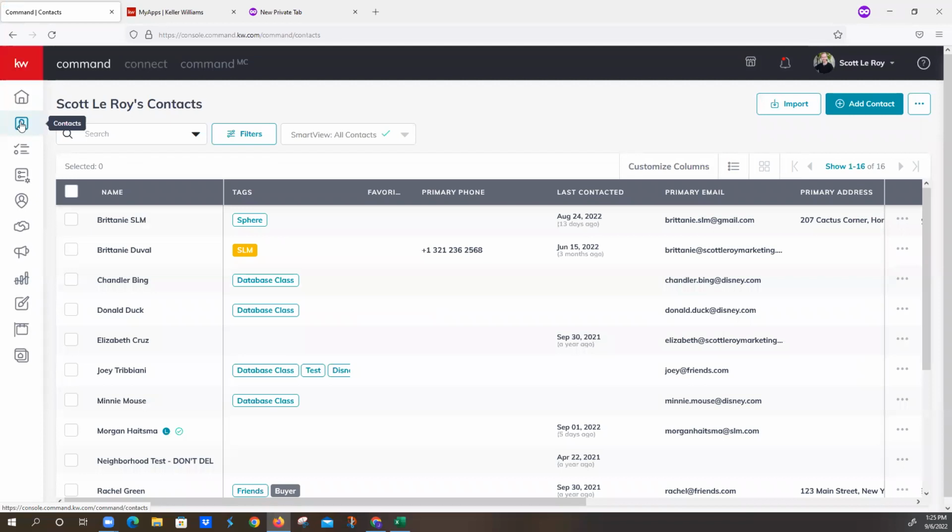And we do have classes that go over your database and how to work your database and the best practices and things like that. I just want to point out a couple of things. If you have a database that you had in Brivity or Boomtown or something like that, there's probably a way that you can export. And then if you need help formatting, let us help you with the import. Command requires very specific fields be filled out very exactly. So,